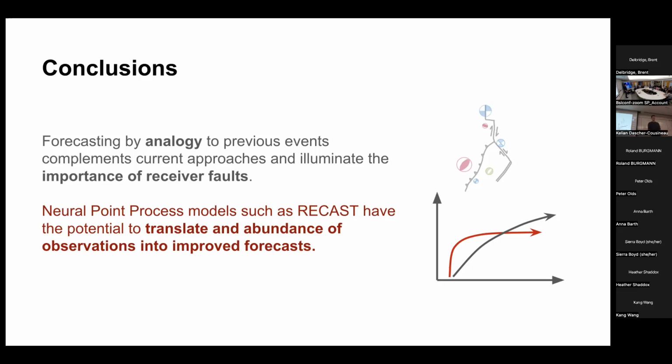I guess another way of asking my question is your very first plot that you showed showed a large spread in the range of aftershock production rates. If we re-estimated those using the recast model, do we get a more sharply peaked process, or is it still really broad? I don't know how to answer that question. I have to think about it more. I'm really not sure. All right, cool.